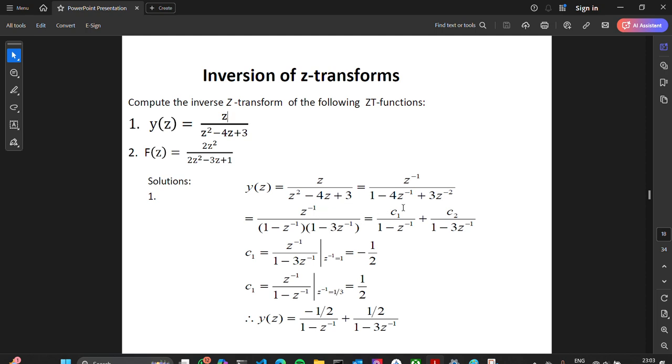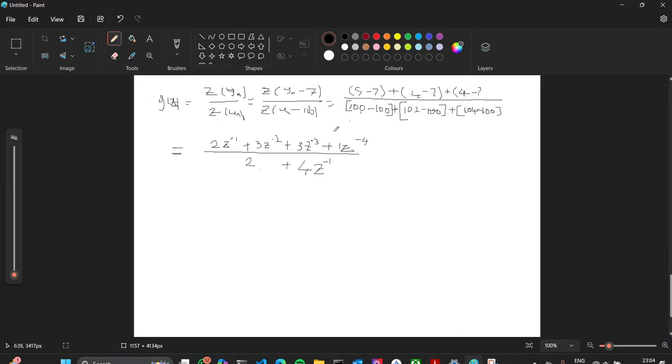Now from here, you can see this is a quadratic equation. So all you do is factorize it into these two terms here. That's when you can do your partial fraction method. Now this here, I'll actually explain this. This here is just a fast way of evaluating your constants C1 and C2, and all that's happening is